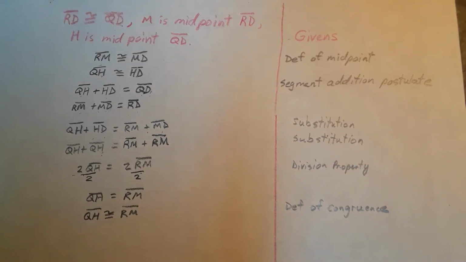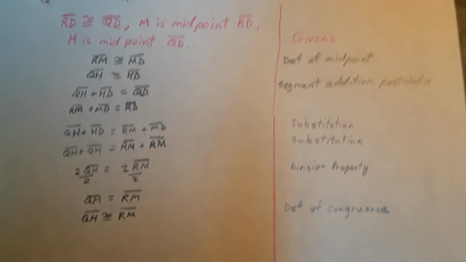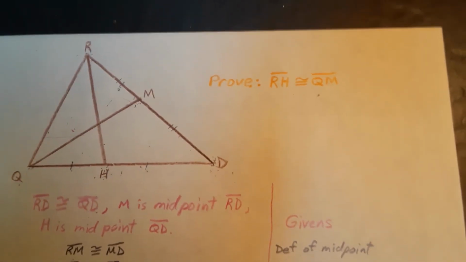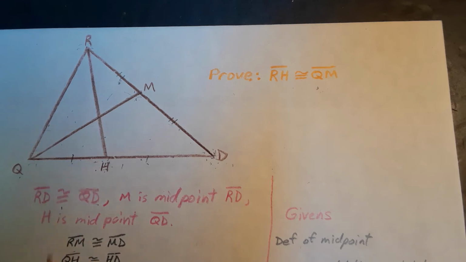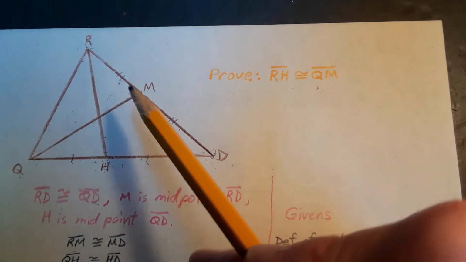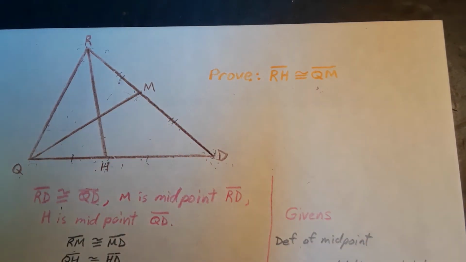So now we have two sides that we know. If we can get some kind of an angle argument in here, we will have what we need. We have this side and this side, and we also have this side and this side. We need to have